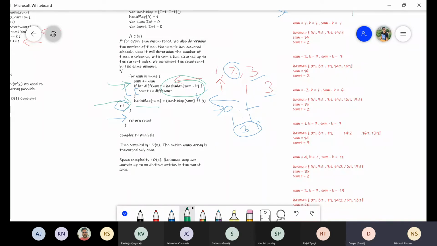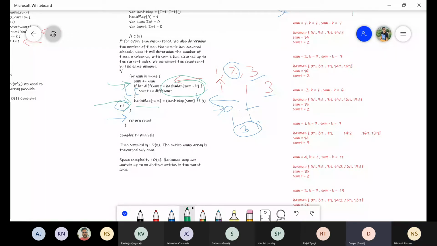It's a little hard, I know. At least, you cannot think of this approach directly in the interview. So that's why I try to explain all the four approaches, so that you know all of them. And if you remember at least the second one, you might come to the fourth one also.